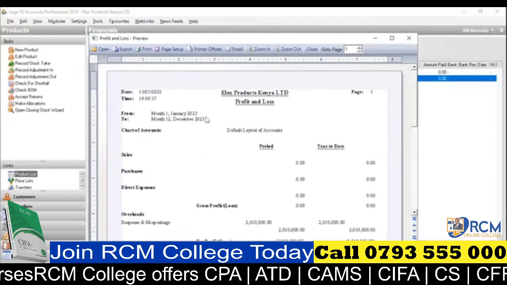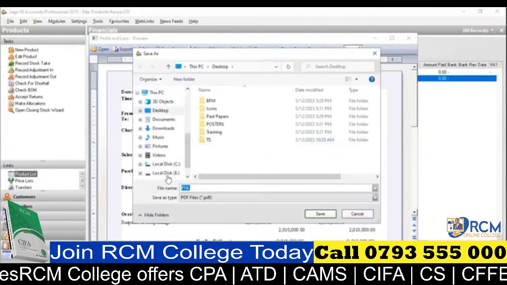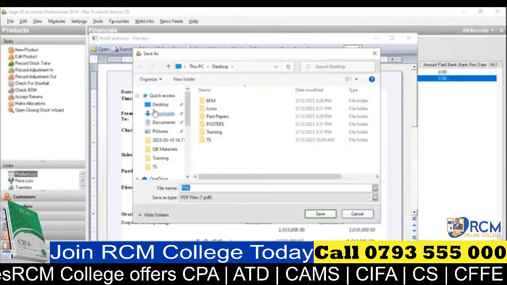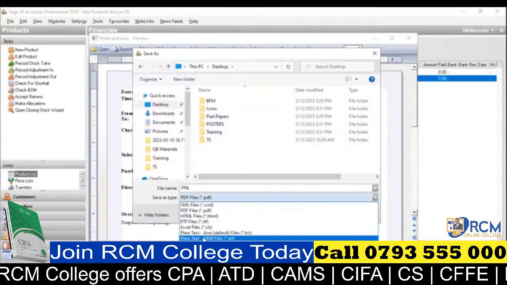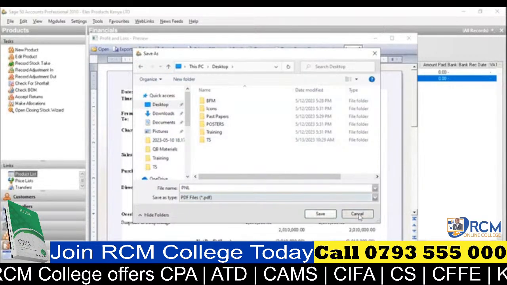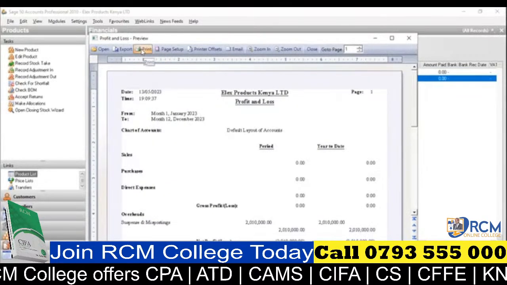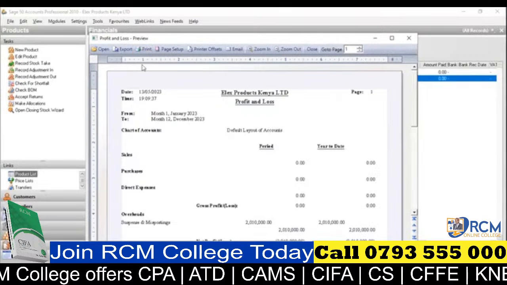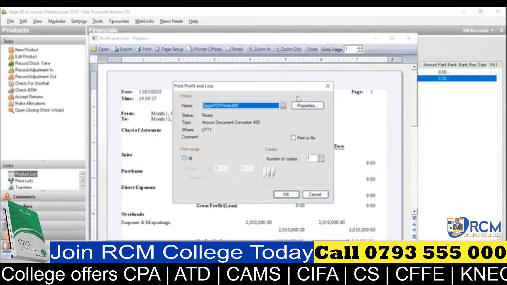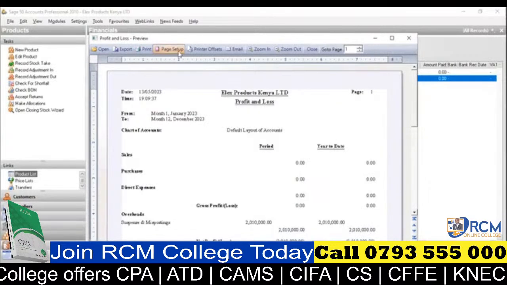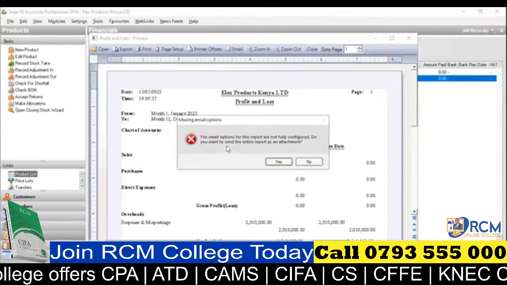the category of overheads. So if you want to export this report to your system, you just go to export, and then you say desktop, then you choose the file name and the format in which you want your report to appear. If you want to print it, your machine is connected to a printer and you need a hard copy, you just say print, and then it will take you to the printer properties. Then you select on that. The page setup, the printer offset,